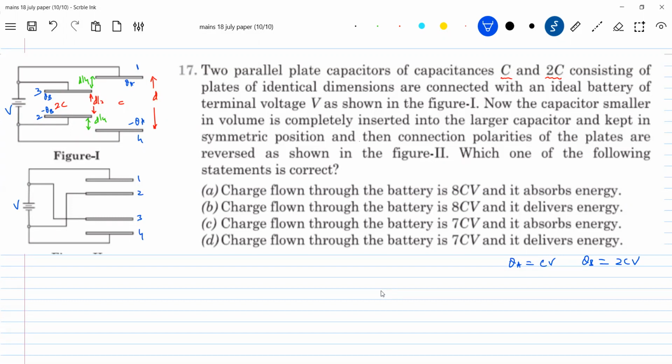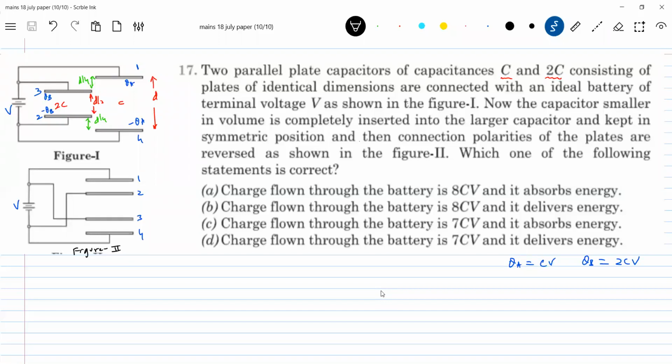So after interchanging them, I think if you can get one more diagram, you can manage the question. Not just seeing the figure, in figure 2, instead of fighting, better redraw it. How many capacitors are there? 1, 2, there's a capacitor, you check it. 2, 3 also there's a capacitor, and 3, 4 also. How are 1, 2, 2, 3, and 3, 4 connected? All of them are connected in parallel to the cell.